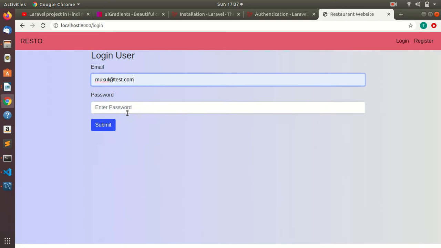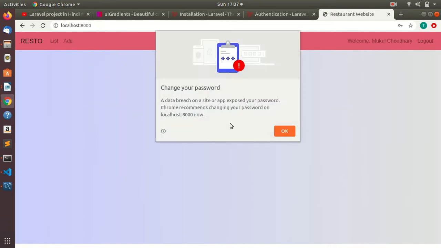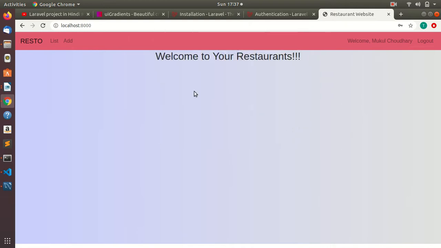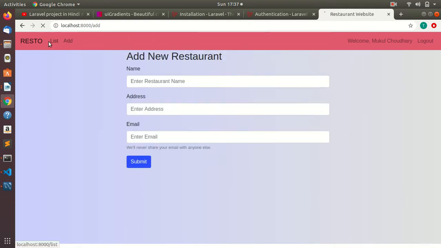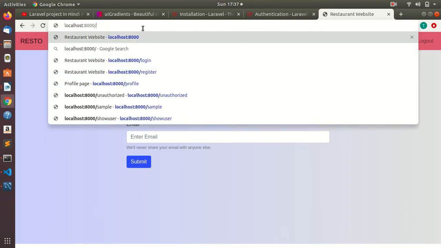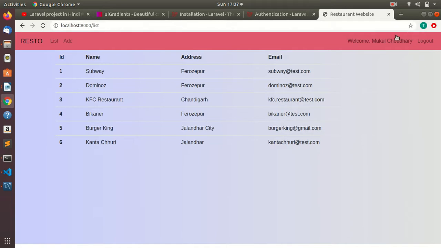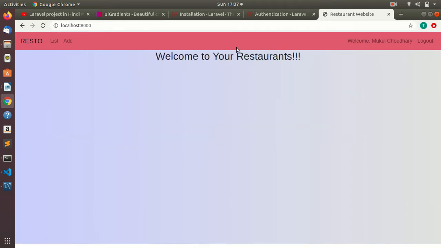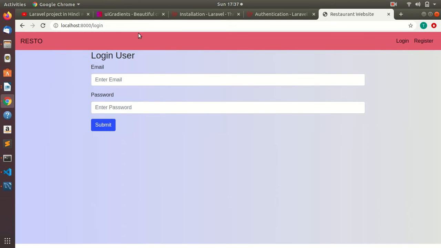There's one more mail ID that I registered before, so you can see that I can easily access these lists and these things, and I can access them through routes also. But once I am logged out, I am not able to access these pages. I will always be redirected to the login page.